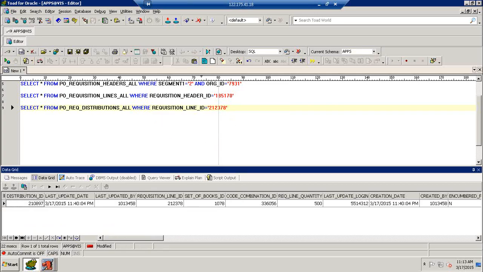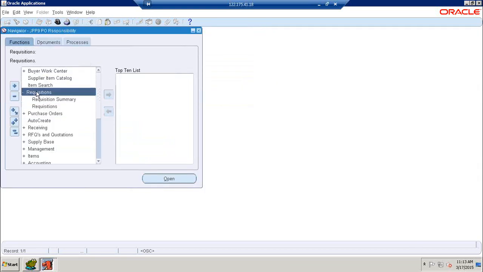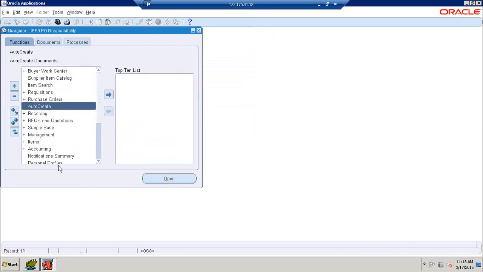Okay, so now we are going to generate the PO. So we don't want to create the RFQ and send the RFQ to suppliers and wait for quotations. Directly we are going to create a PO with the reference of this requisition number. Okay, so here at this point of time we can use the auto create. It is one of the ways used to reduce the documentation of RFQ and quotations. Directly we create a PO with the reference of this requisition. Okay, so here click on auto create,